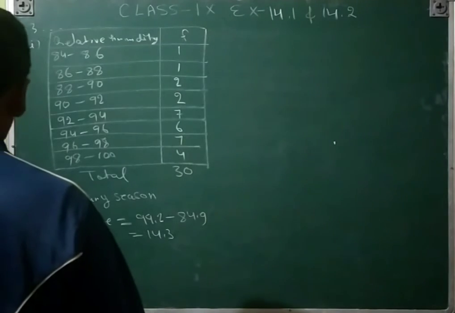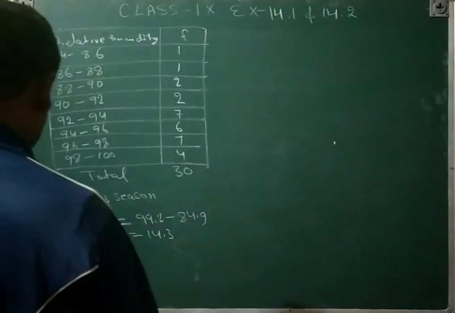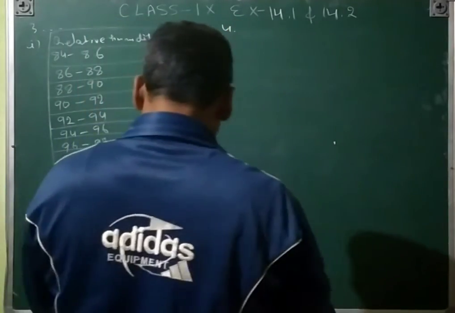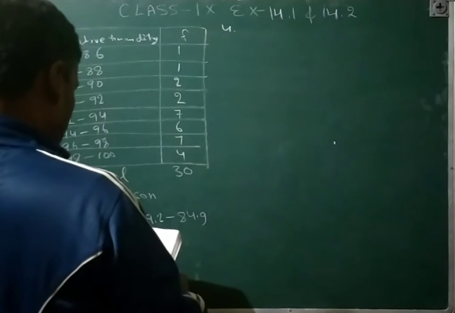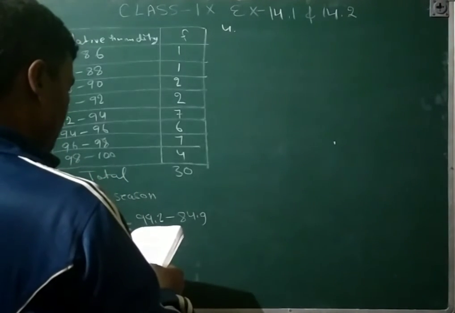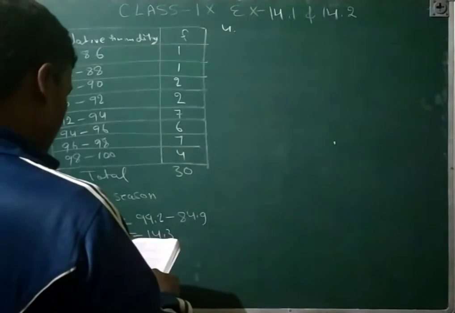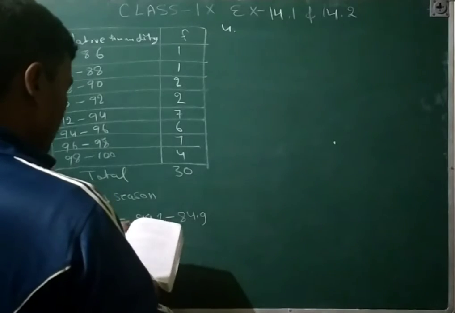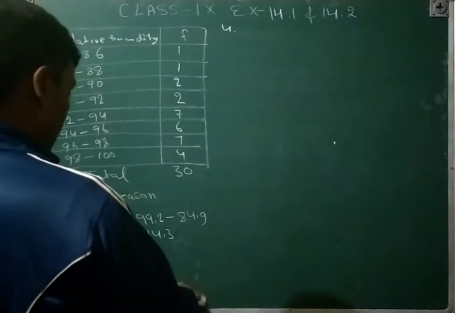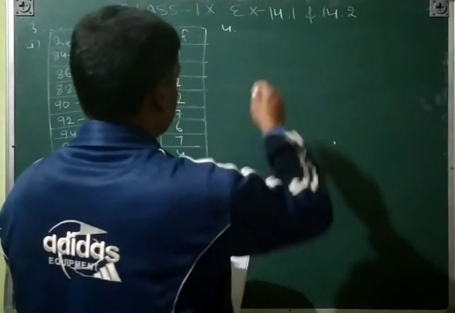The fourth question also you can do very easily, no problem will be there, but see that something is different here. The fourth question: the heights of 50 students measured to the nearest centimeter have been found to be as follows. So we will draw a table, and the difference given here, 160 to 165, means the difference is 5.